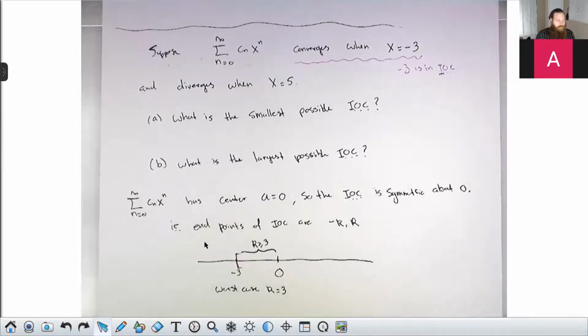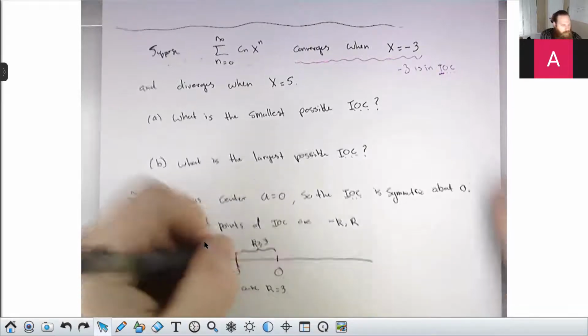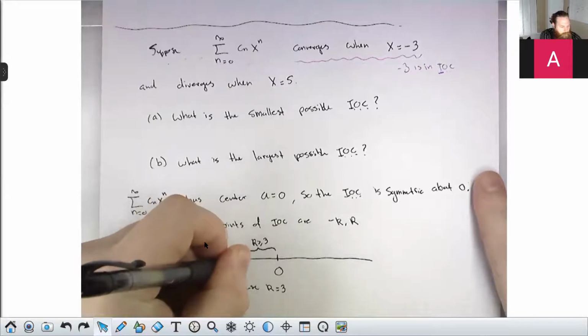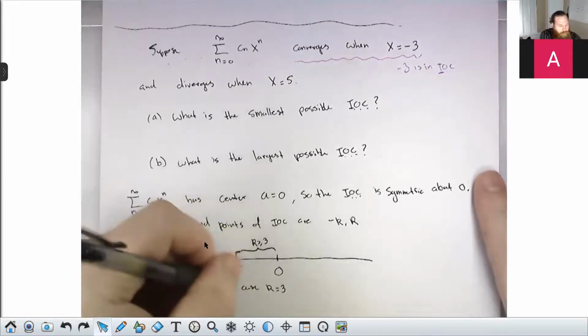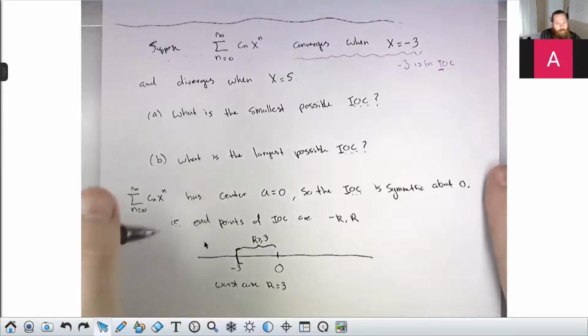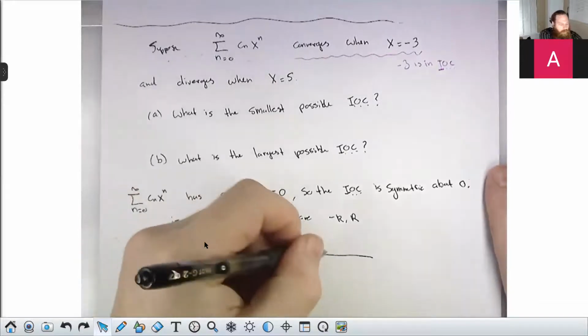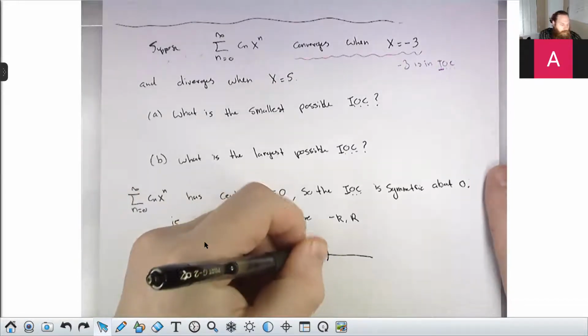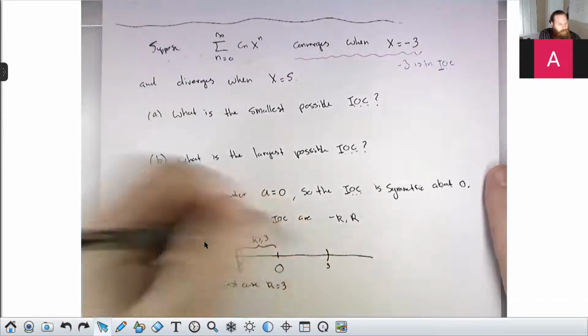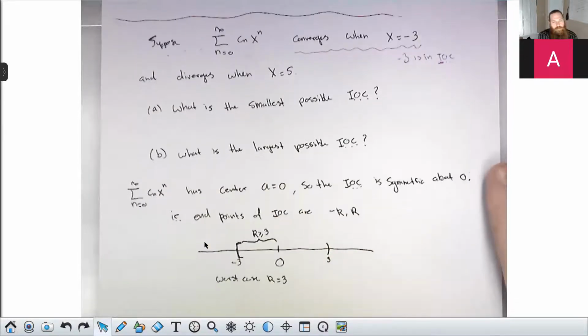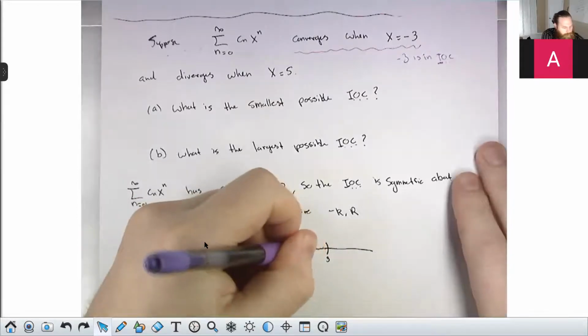If r is exactly equal to 3, and we know that negative 3 is in the IOC, then the right endpoint has to be positive 3, and the worst possible case is that positive 3 is not in the IOC. So here my interval of convergence would be